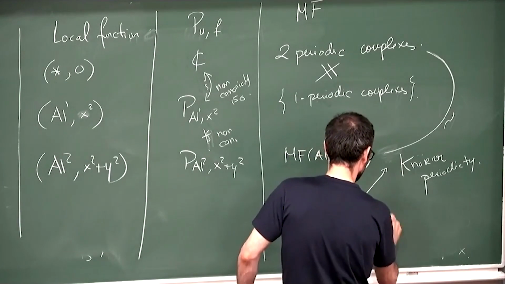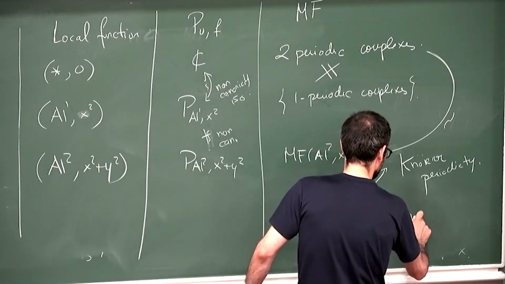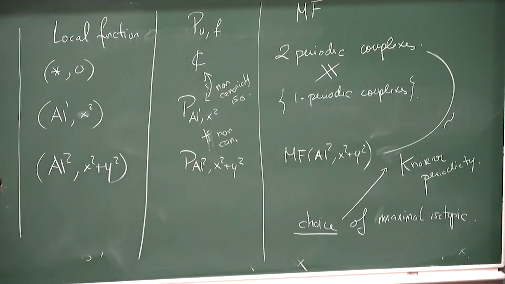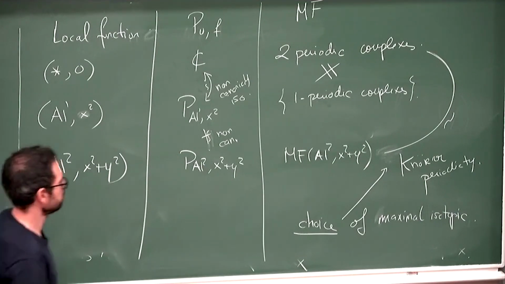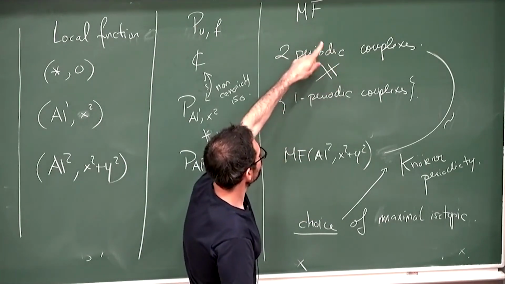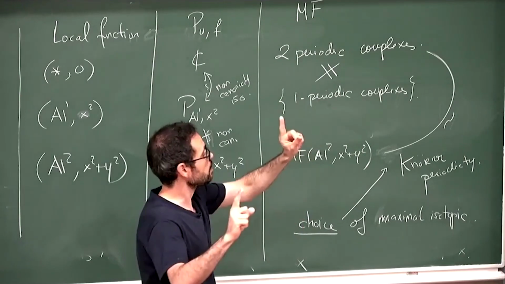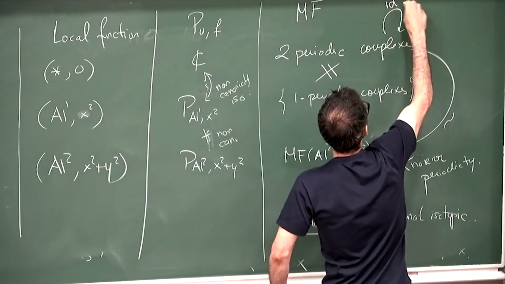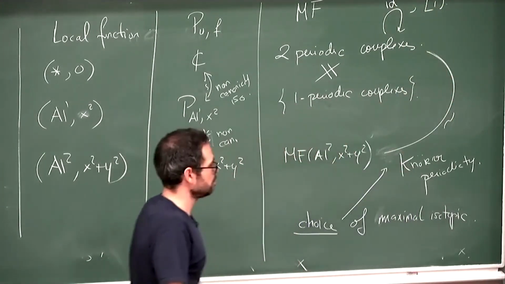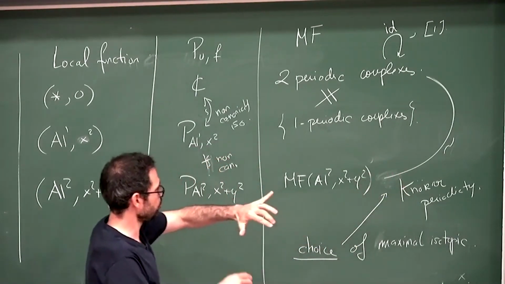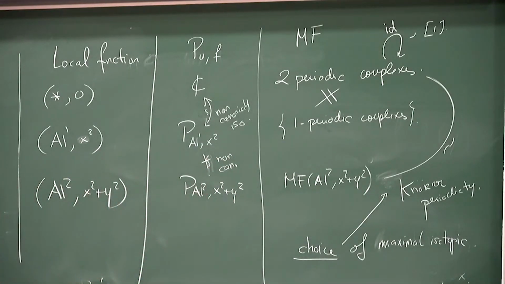So this is a quadratic form of a maximal isotropic. And actually, in this case, for this equivalence, there are only 2 things that matter. There are only 2 possible choices, because the auto-equivalences of this category are only 2 possible things, either the identity or a shift by 1. So there are only 2 possible automorphisms of this category. And this corresponds to the 2 possible choices I can have for this choice of isotropic structures. Either I put a Lagrangian, one isotropic structure, or the complementary one. So isotropic for what? For the quadratic form.